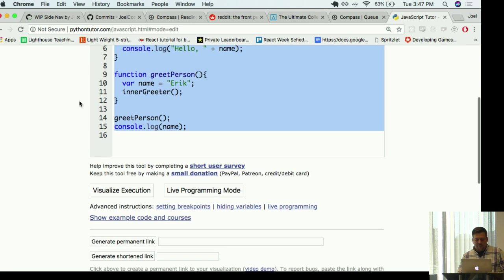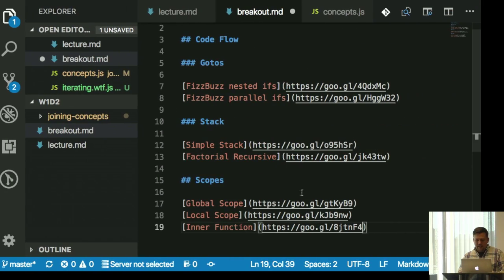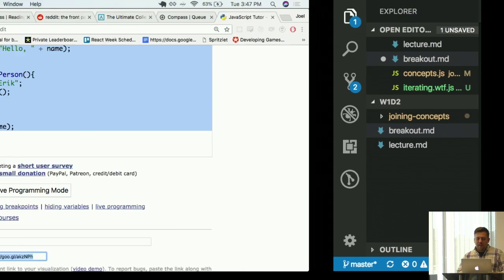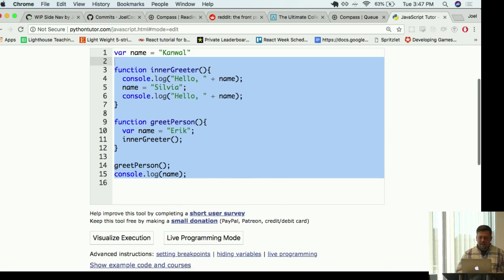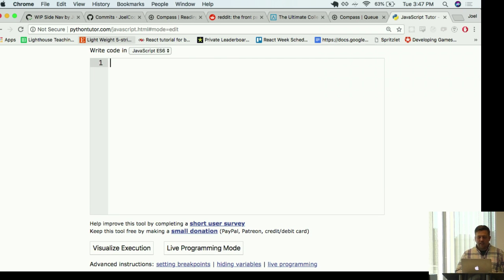And another important part about this, so I'm going to say inner function, kind of parallel functions, is this. The other thing I want you to notice is if I say, so function make variable, var name equals,